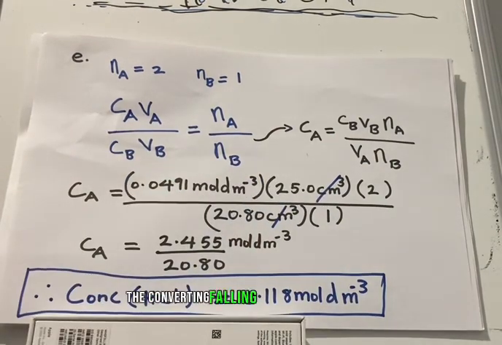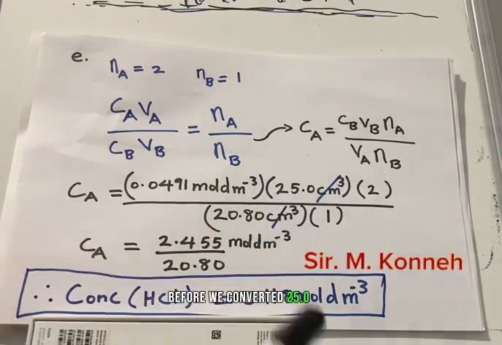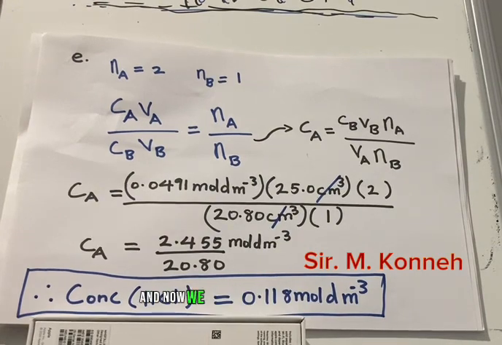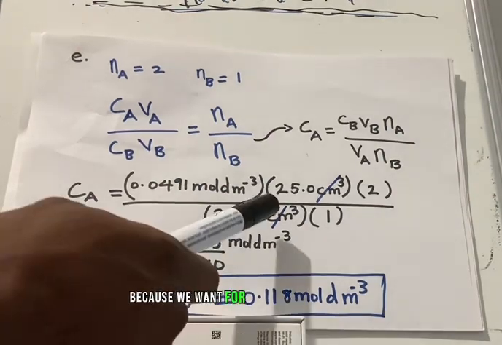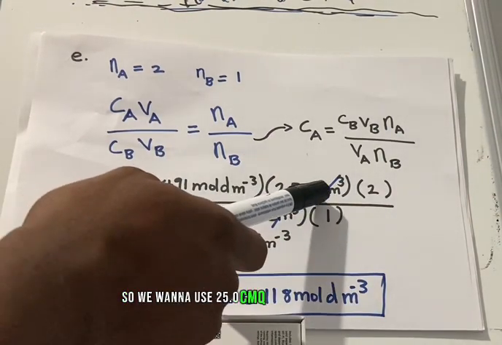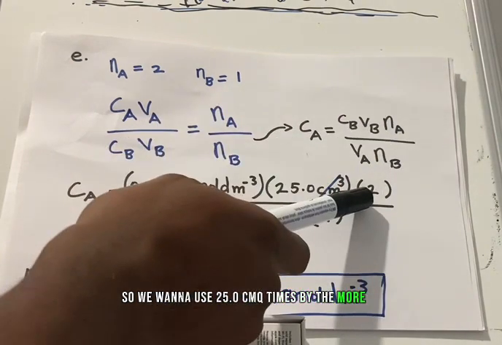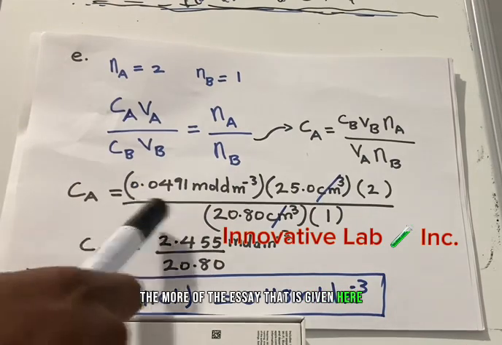We're going to use the raw volume from the problem in this case. Before, we converted 25.0 cm³ to dm³, but now we're not using the converted one, but the raw one, because we want cm³ and cm³ to cancel. So we're going to use 25.0 cm³ times the mole of the acid that is given here,